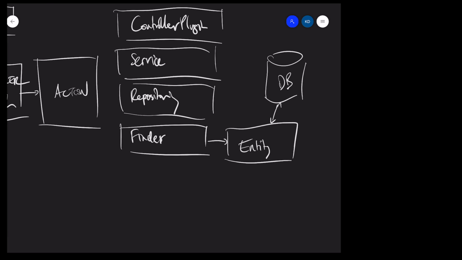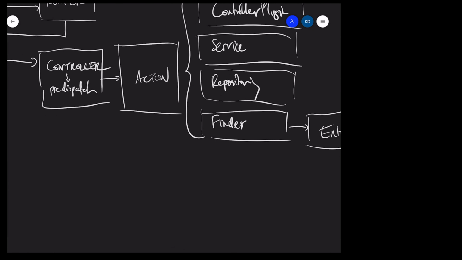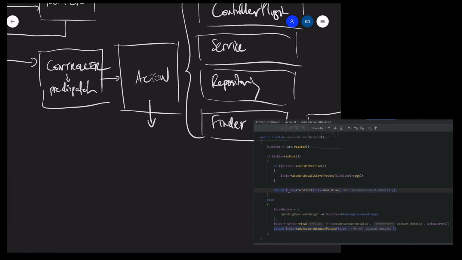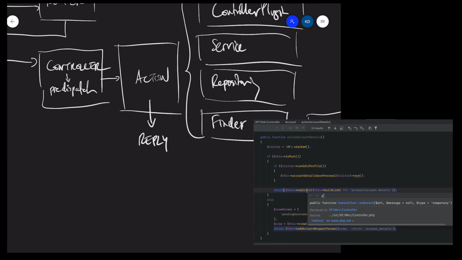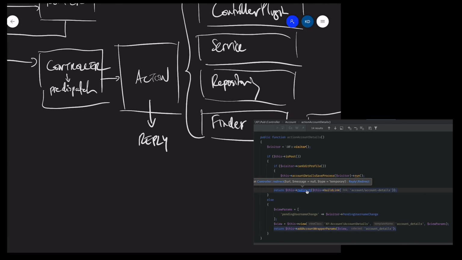individual database items. Now, once your action has done all of its work using any number of those additional things, it will finish work and reply with a reply. It'll return a reply, and that reply will be of one particular kind. It could be an error or a message or a redirect or a view. So let's just look at one of those because it's the most interesting, most complicated. Let's have a look at a view.